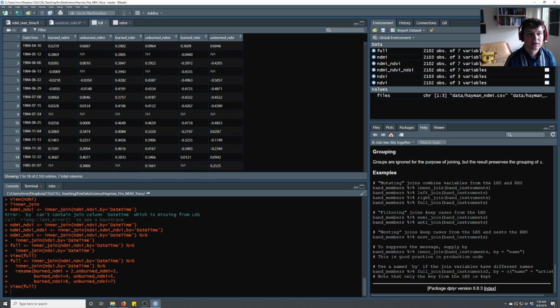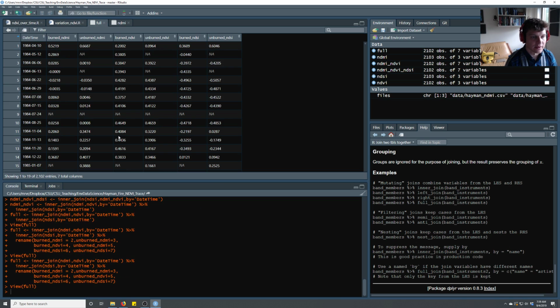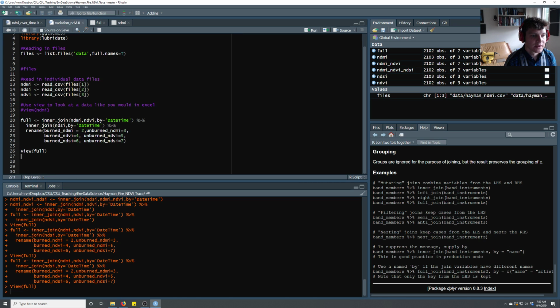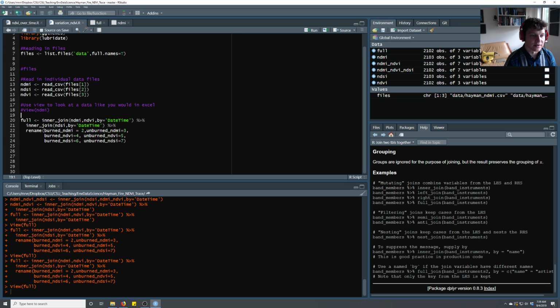Let's double check that that makes sense. So we have NDMI, blah, blah, blah, burned NDVI, unburned, oh, that's good that I checked. This should be NDVI. And then after that, I think it should work. Burned, unburned, burned, unburned, burned. Okay, great. So now we have a bunch of data arranged in what, if you remember, we called the wide format, because every observation is next to another observation of a different type at a different site. So let's comment this: join all data sets together,